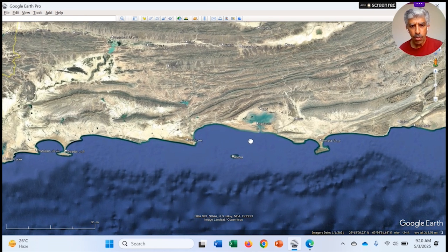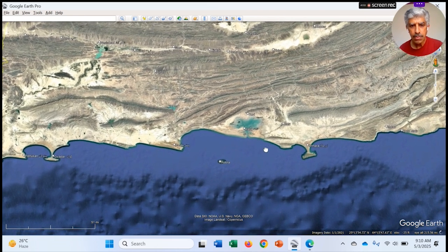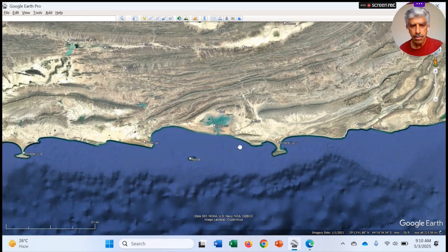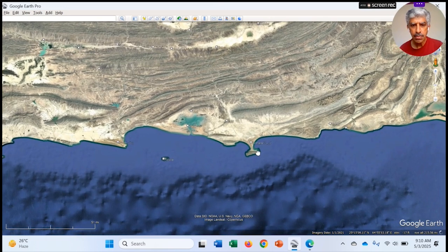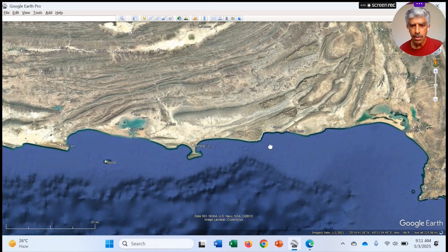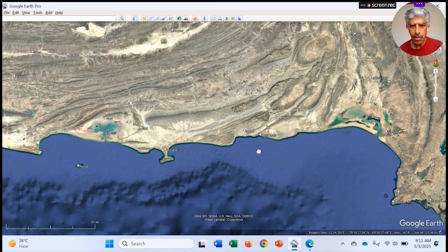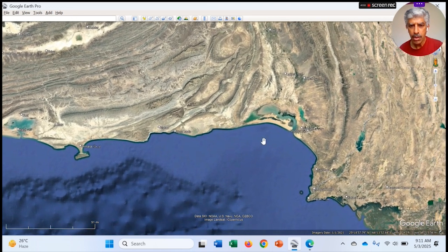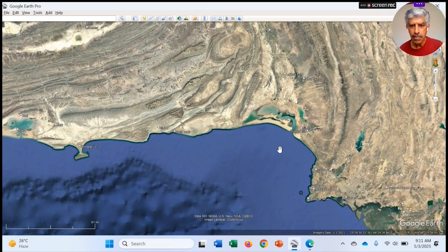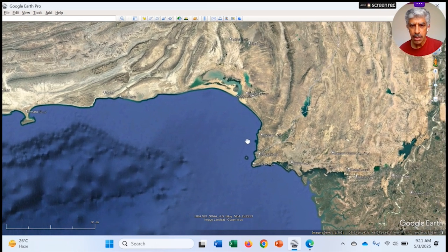Further over here, we see Kalmat and Ormara, famous towns. Further this way, a famous one, here we have Sonmiani, and then here comes